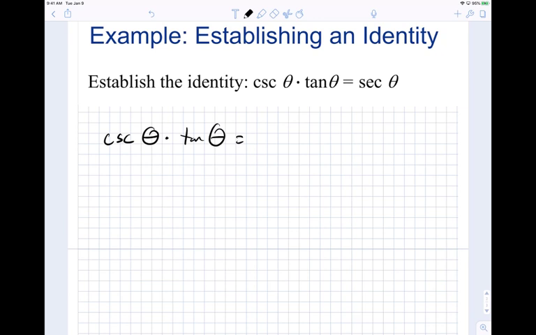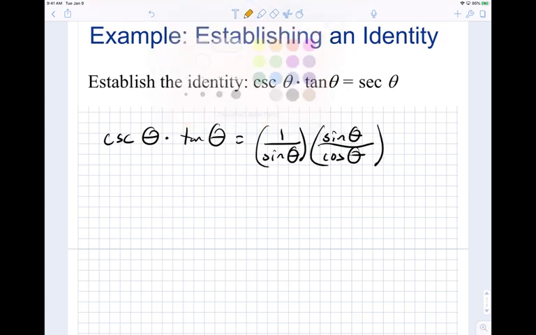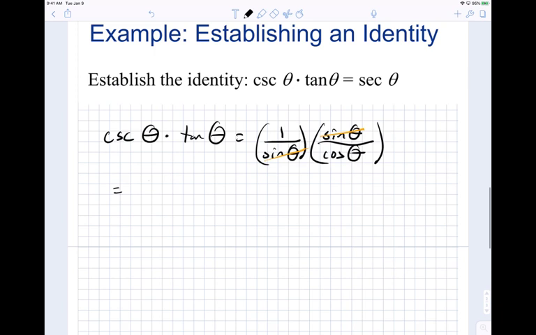Cosecant is what? The reciprocal of sine. So cosecant is 1 over sine of theta times tan is sine of theta over cosine of theta. Okay. So then what do we notice? Now we can do what? Now we can cancel. Notice it's all multiplication and division. These are factors, and we can cancel factors. So then that leaves us with 1 over cosine theta. But then 1 over cosine is really,